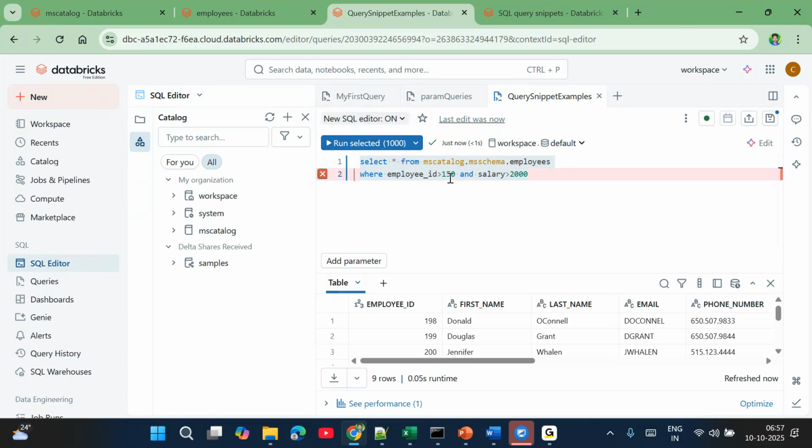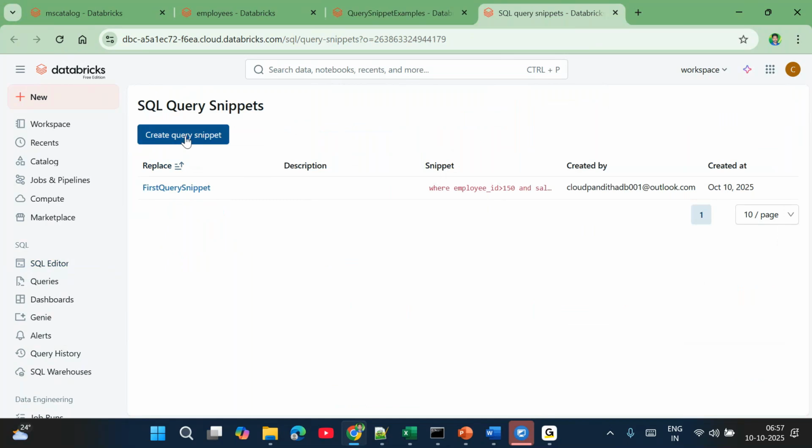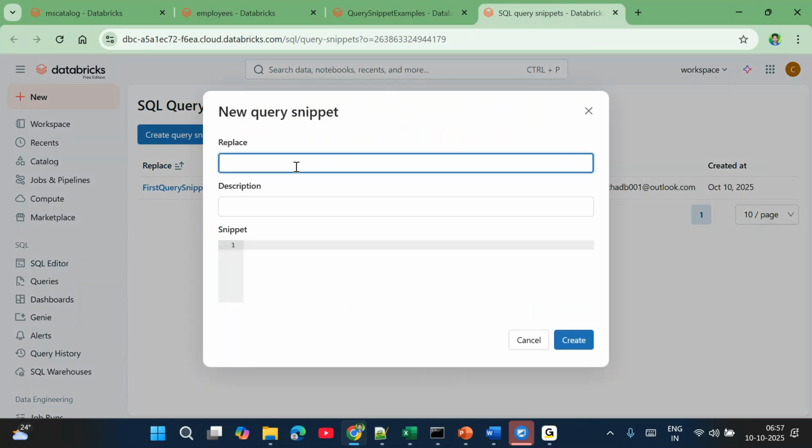Let's say, no, what is this? You are hard coding the things, then what is the use, right? Let me tell you another way. Click on again, create a query snippet. Second snippet, let's say I'll say second query snippet. Here I'll be putting dynamically where